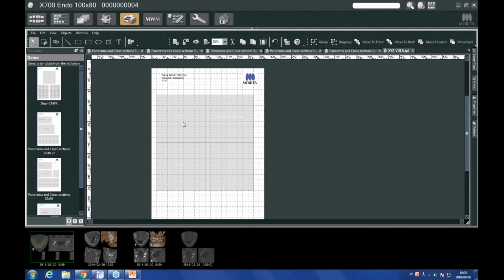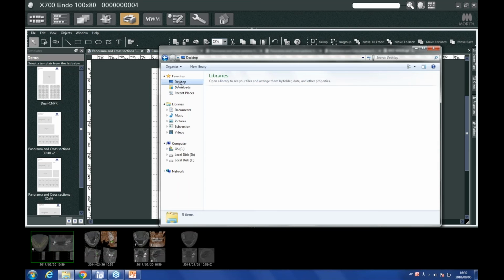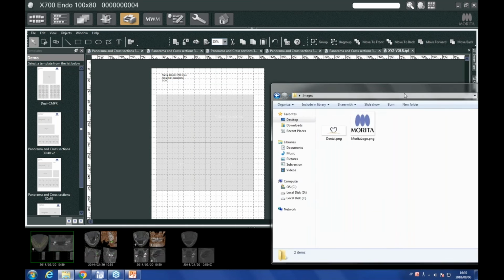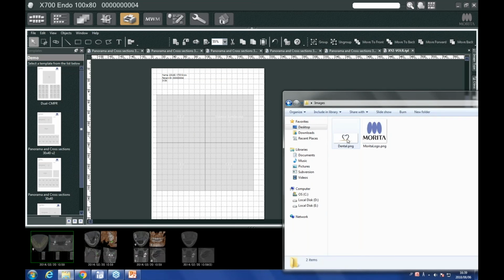And of course, we're not just limited to imagery that comes from i-Dixel. We can also add images like your corporate logo. In our case, obviously we're using Morita, but we can simply delete that. And we can bring up images from anywhere on our hard drive. So let's very briefly grab one from the desktop. I have an images folder that I downloaded. And let's say I want to use this logo. So I'm just going to drag and drop this on here. And now I've got a logo